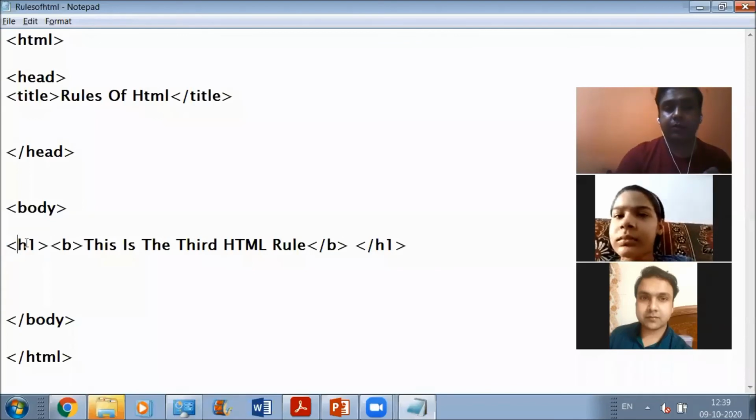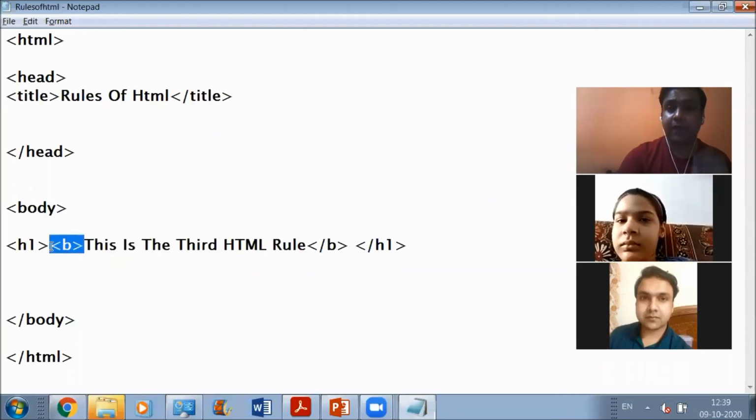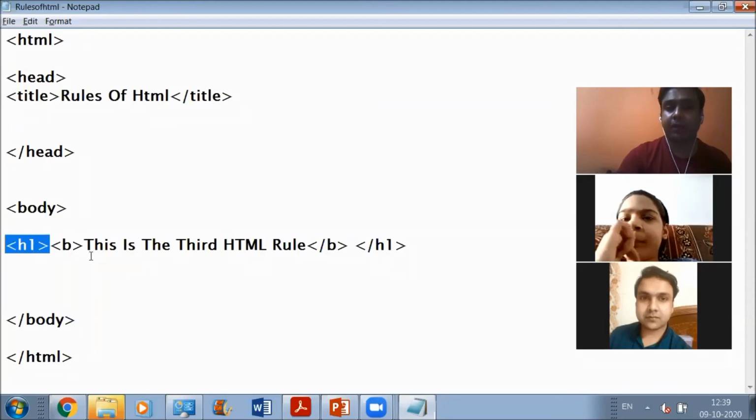See, if you are using two different tags for a particular text, then this is going to behave as an inner tag, and this will be called the outer tag. Okay, now if you have made use of such a thing in your HTML code, then you have to close the inner tag first before closing the outer tag.